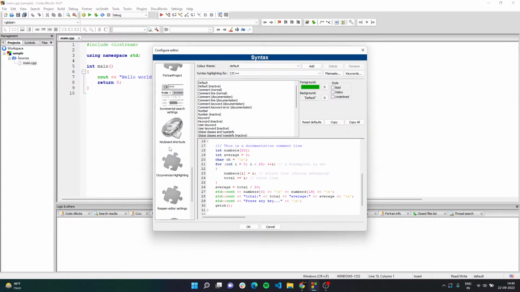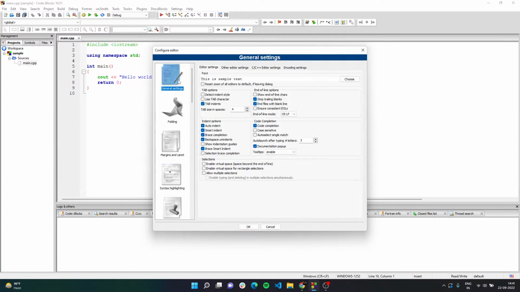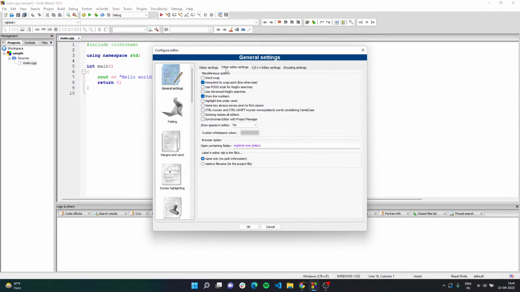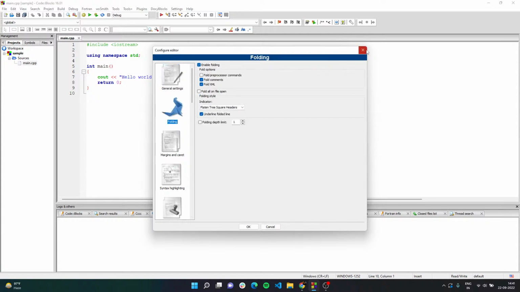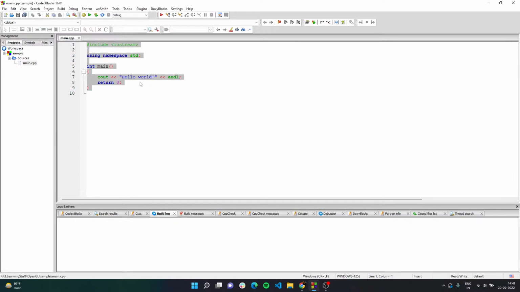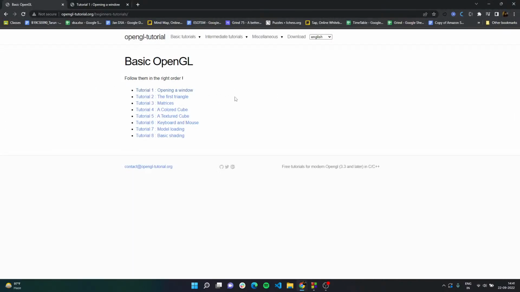But what else do I have? Can I change the, what are the general settings? General settings we have code completion, case sensitive, auto indent, blah blah blah. This is fine. Whitespace, cursor, encoding, folding. Okay, I will try to change the color and everything later on, but for now let's just try to understand